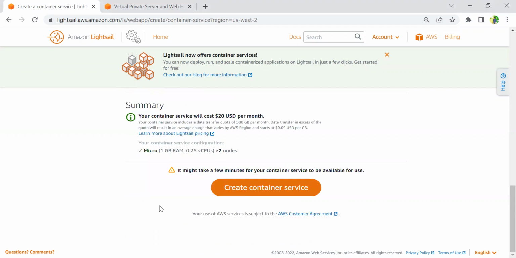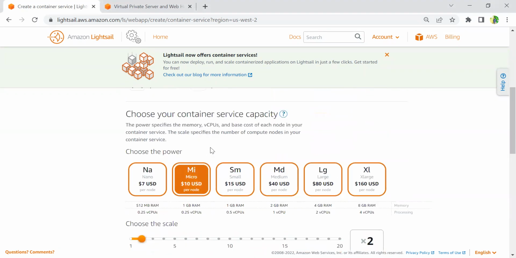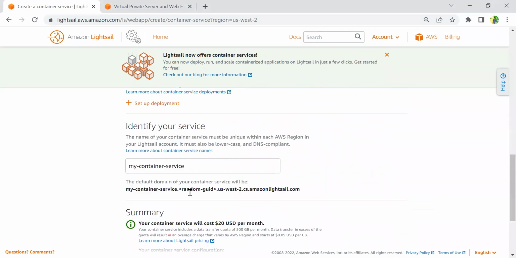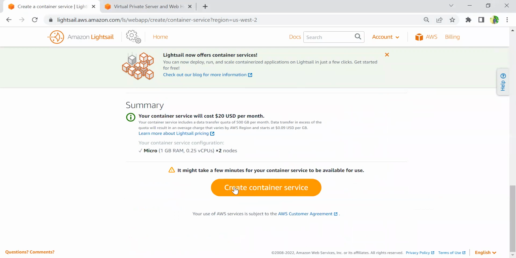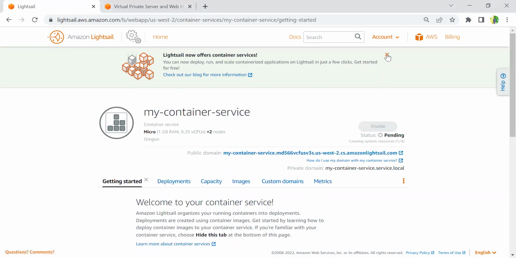So that's it. You can see we have given only 2 options: one is the power and the other is the scale. That's it, we can easily create a container service by clicking here. Once I click it,